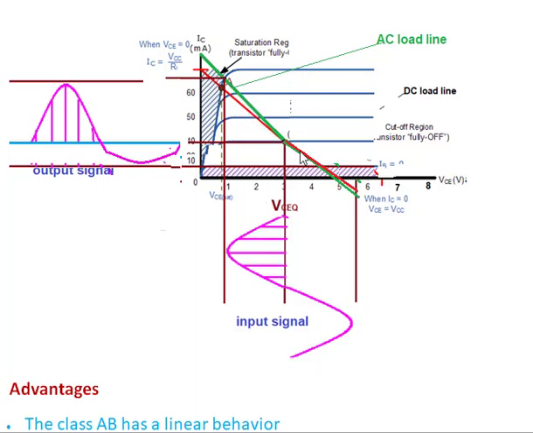Depending upon the AC load line of the characteristic graph of the transistor used in class AB amplifier, the output appears here, and also this part appears here. So not the full waveform, less than the full waveform. So the class AB amplifier gives the output for more than half of the input signal.